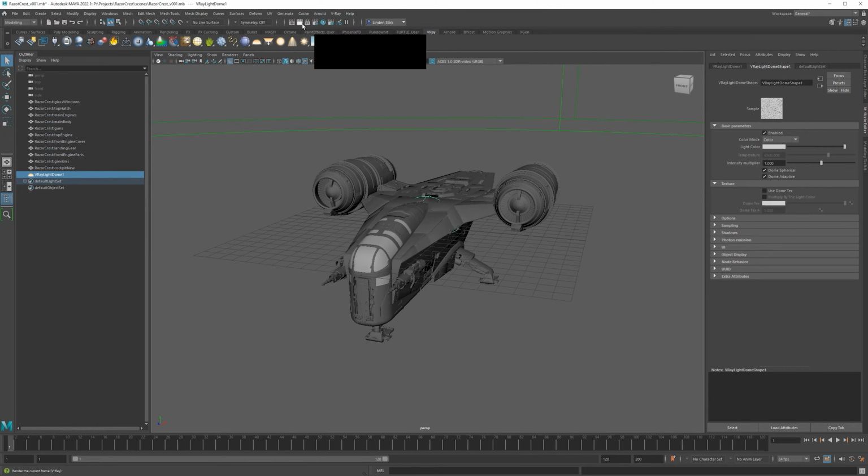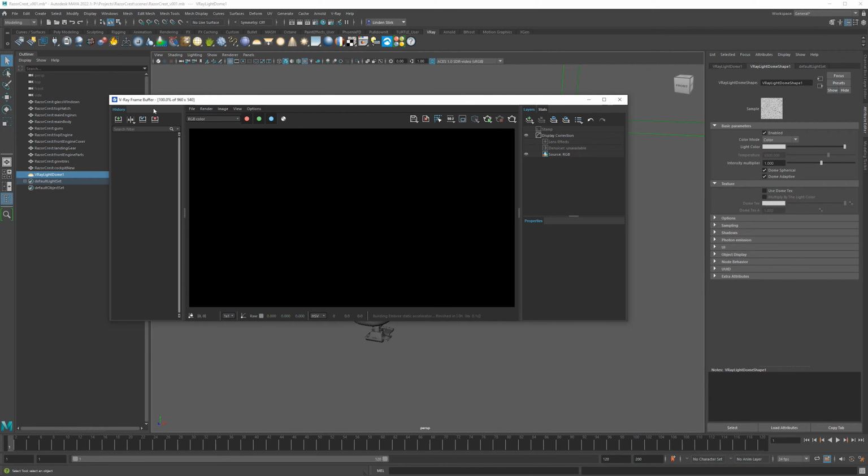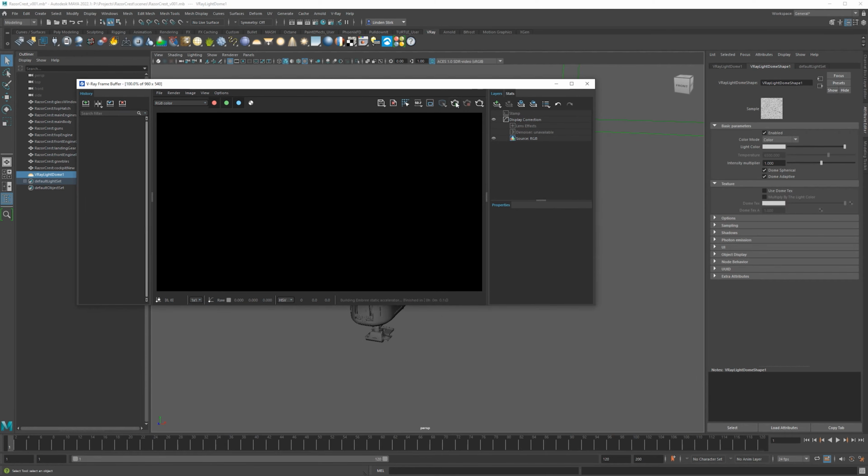Now the disadvantage of this one here is that it's going to render an entire sequence right away, so it's just going to start rendering a whole sequence if you have that set in render settings. This one does not even work with V-Ray. This is the Maya render view. IPR also starts rendering right away, which you might not want. So if you want to just open up the V-Ray VFB, you can grab that right here, and this will open this little window. I will explain what these are when it's important, but for right now, we just want to click this little teapot, which is green.